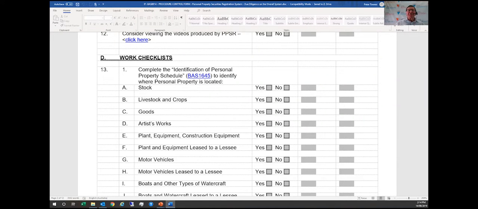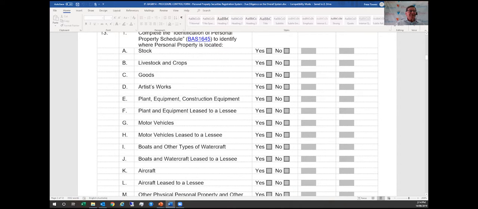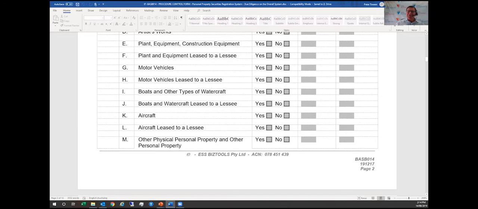And the best way to do it is to say to the client, we're going to undertake a full audit review of where all your assets were last night. And let's just see what the potential risk was that your client was taking by not registering on the PPSR. You can see from the screen there's a significant range of assets that are mentioned: stock, livestock, goods, artist works, plant and equipment, construction equipment, motor vehicles, boats,